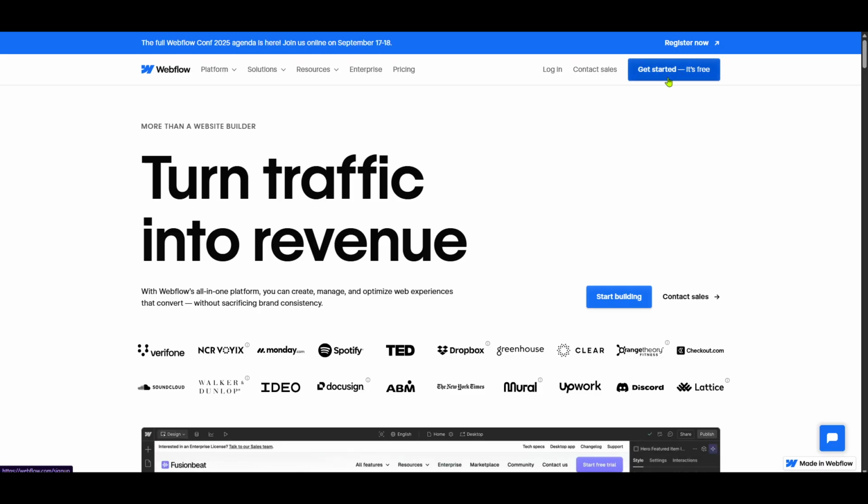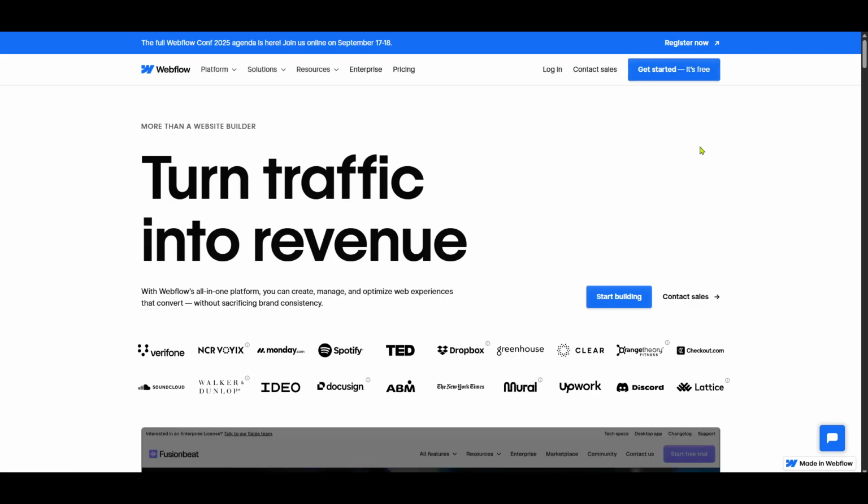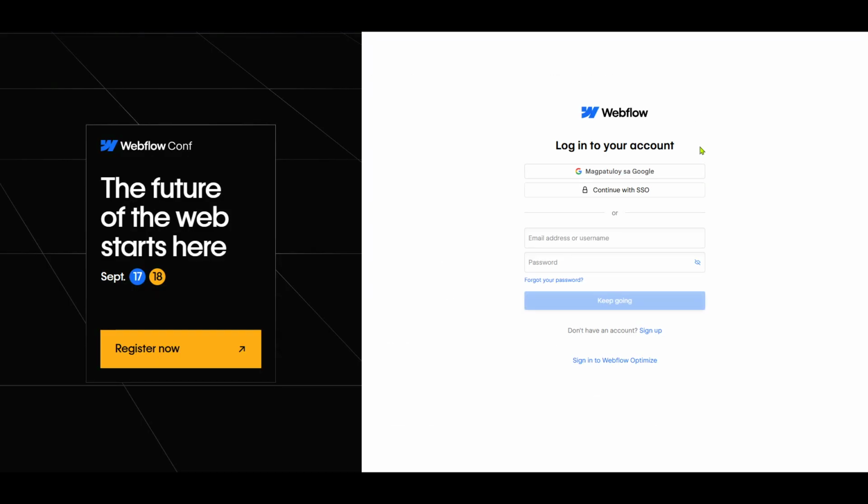After clicking Get Started, you'll be presented with options to sign up or log in. You'll see familiar social sign-in options, including Sign Up with Google. Using this option can streamline the process, especially if keeping track of multiple passwords isn't your thing. Simply click on Sign Up with Google, and if you're already logged into your Google account, half the work is